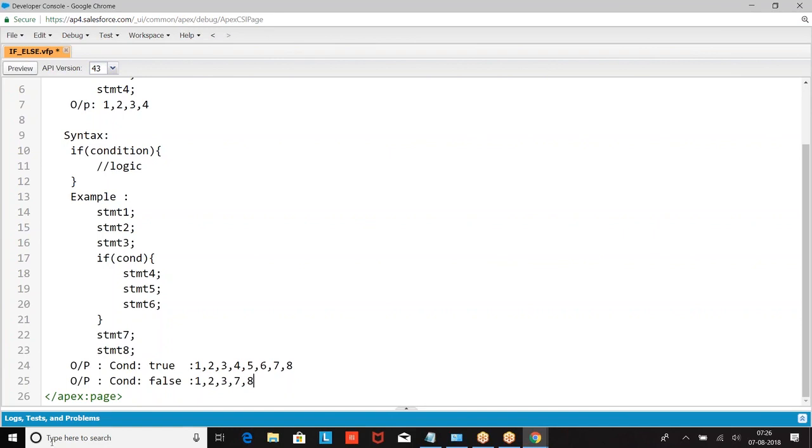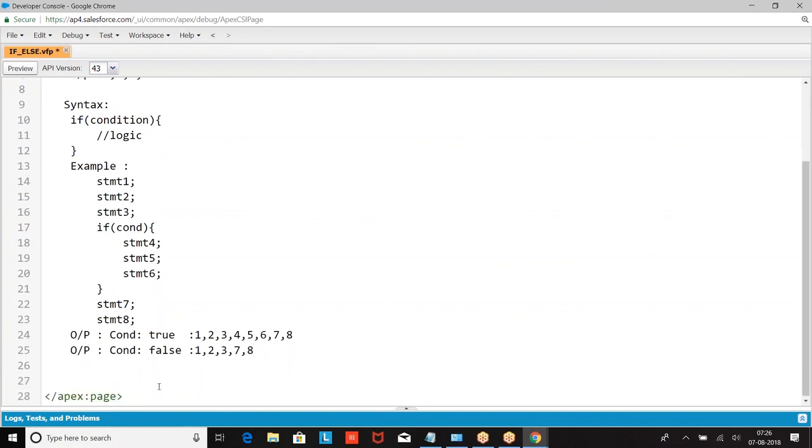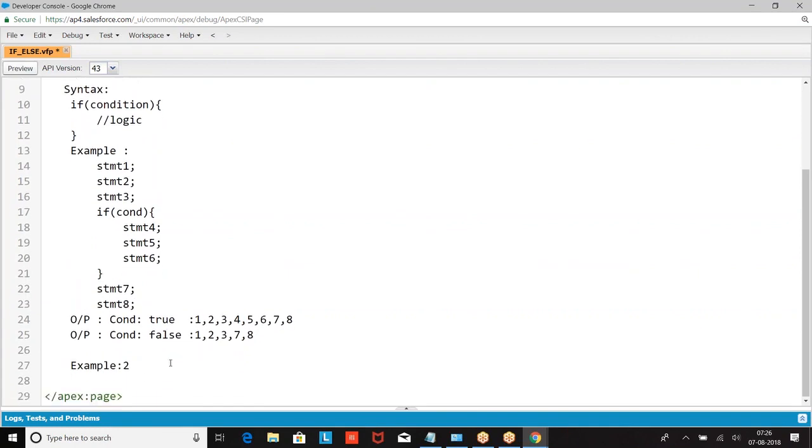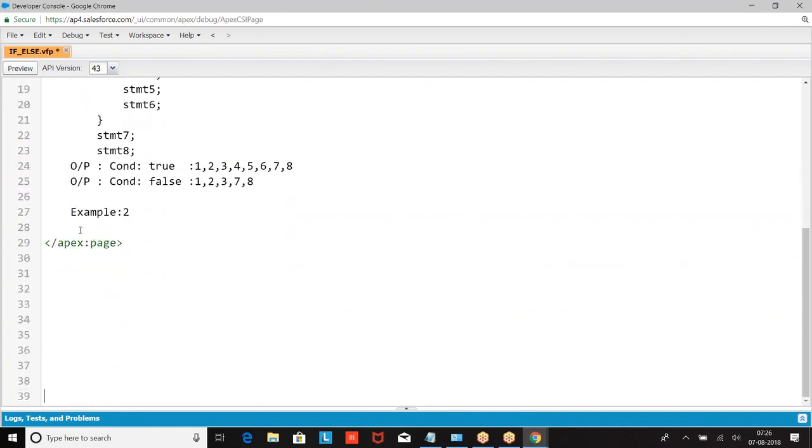Now, let us look at the examples. Example: if age is more than 25, then set salary as 50K and bonus as 2K and print the values.